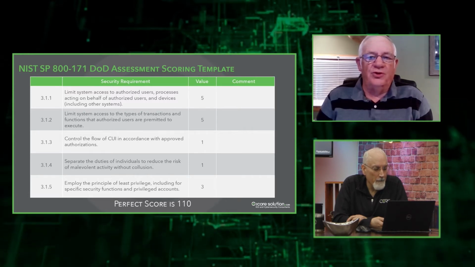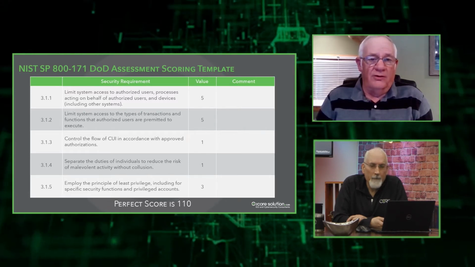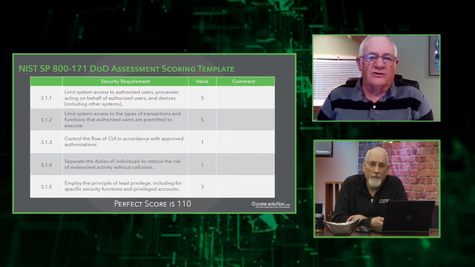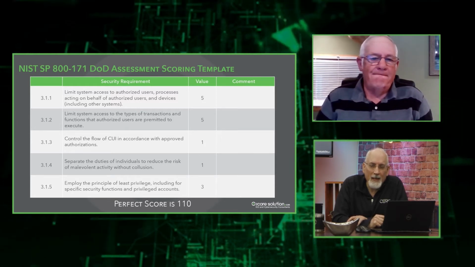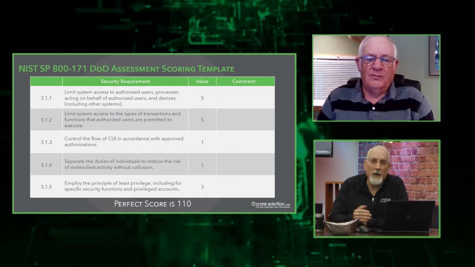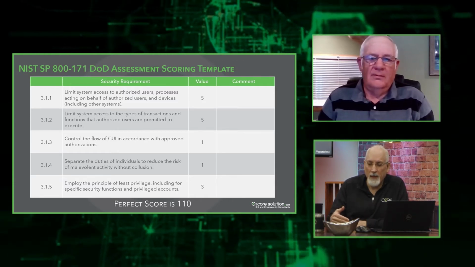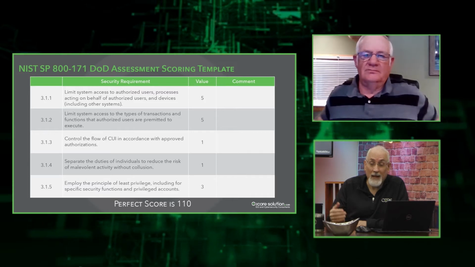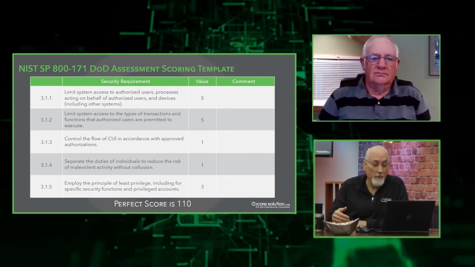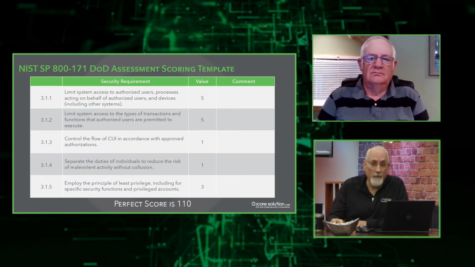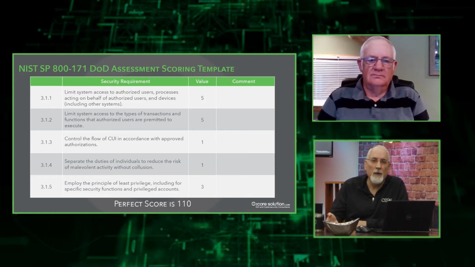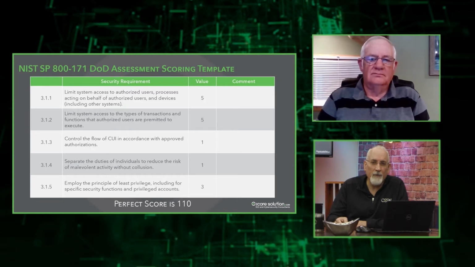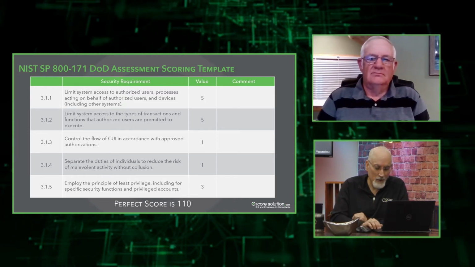So as you go through your point system, you'll see what your score would be, maximum of 110. To be awarded any defense contract from this point forward, as a prime or as a sub at any tier, you have to generate this score. You have to assess yourself, that's the first point, using this tool, generate the total score that you get from that, and submit that